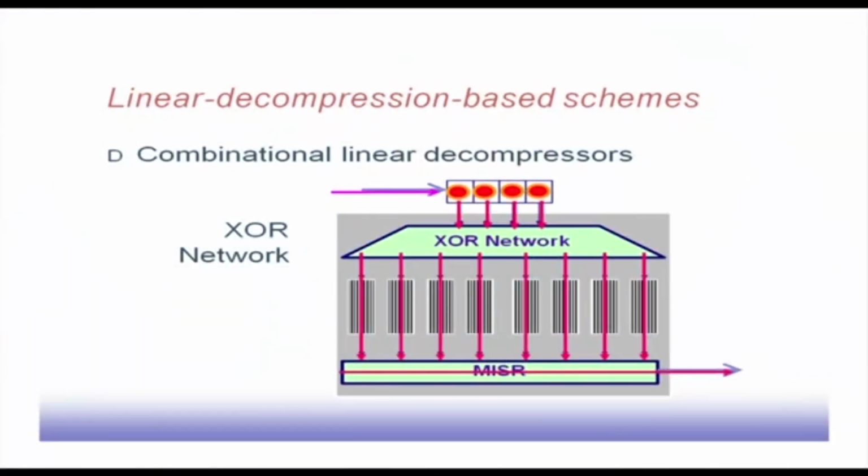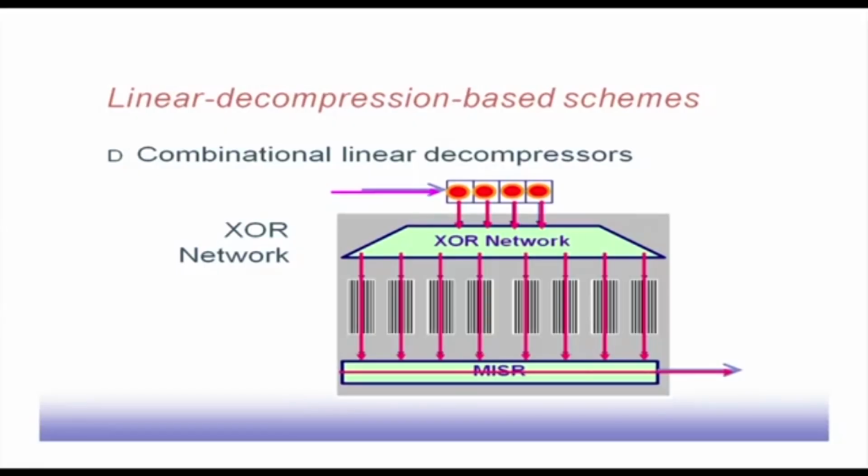So, linear decompression based schemes actually use some linear network for decompression purpose. From the ATE, we get some coded pattern, and that coded pattern passes through a decompressor circuitry to decompress into the test pattern that will be fed to different scan chains. Like in this case, maybe from the ATE we are getting a 4-bit code, and that is passing through this XOR network, and this XOR network is generating the actual pattern that will be fed to different scan